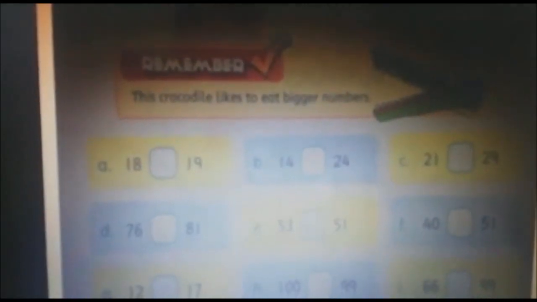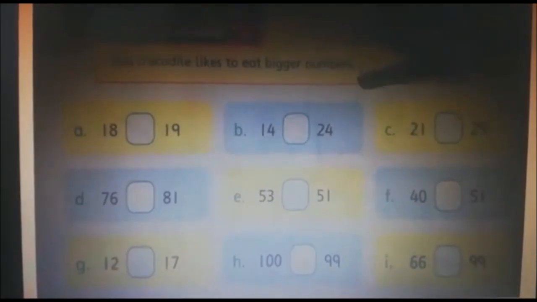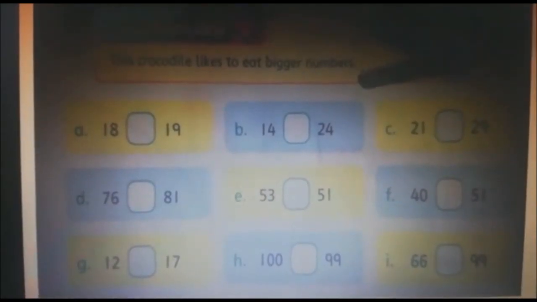Now, open up page number 2. Put the date on the left side and the day on the right side. Children, remember this topic you already did before. Let's begin. I am doing a part for you.